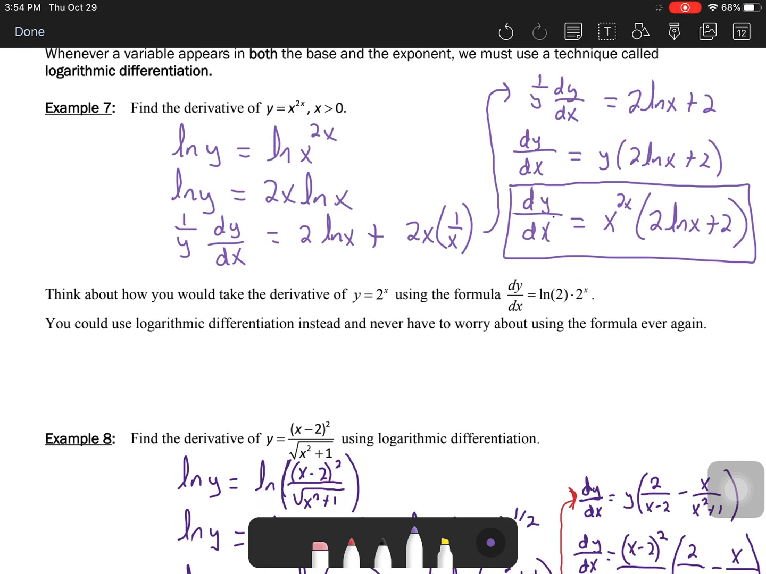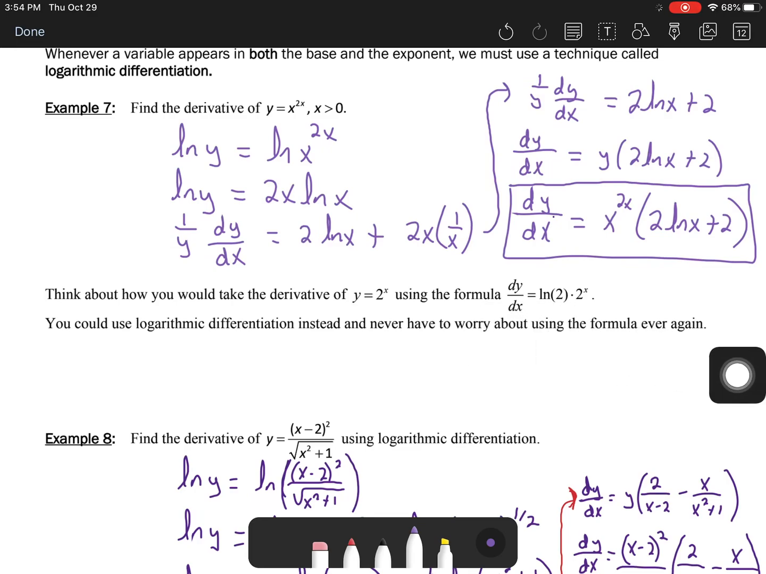So it says, think about how you would take the derivative of y equals 2 to the x. Now we did these before, where when we did the derivative of e to the x, we also did the derivative of numerical bases, like 2 to the x. And there was a formula where it was just 2 to the x, but then you had to go times ln of 2. It says you could use logarithmic differentiation,